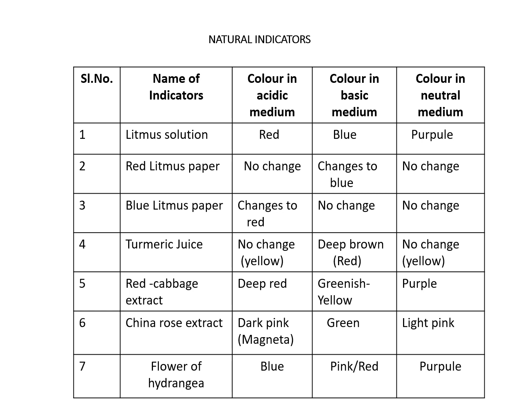Now let us take another example, a red litmus paper. When the red litmus paper is added to acidic medium, there will be no change in color, meaning red will remain red. Now when this same red litmus paper is added to basic medium, there is a change in color and it will change to blue. Now if it is added to neutral medium, then there will be no change and it will remain red.